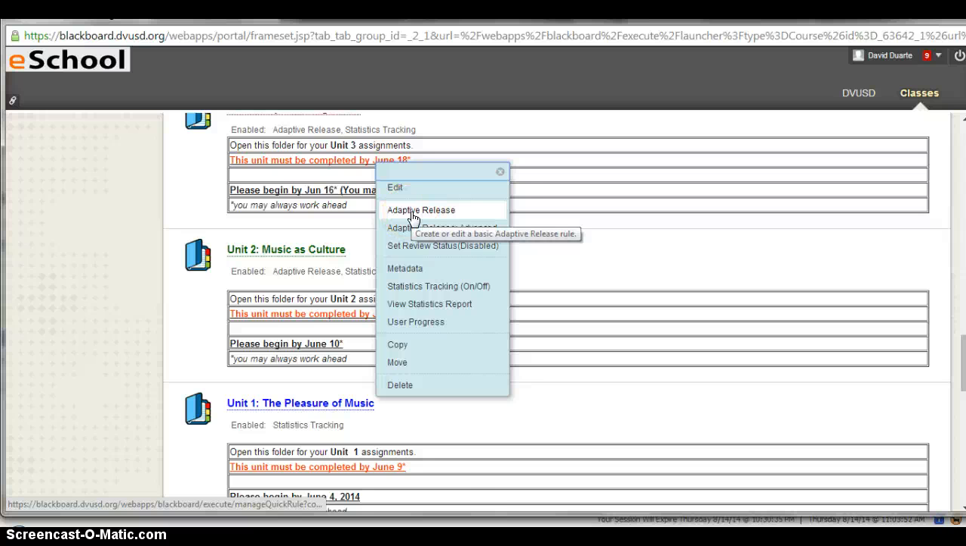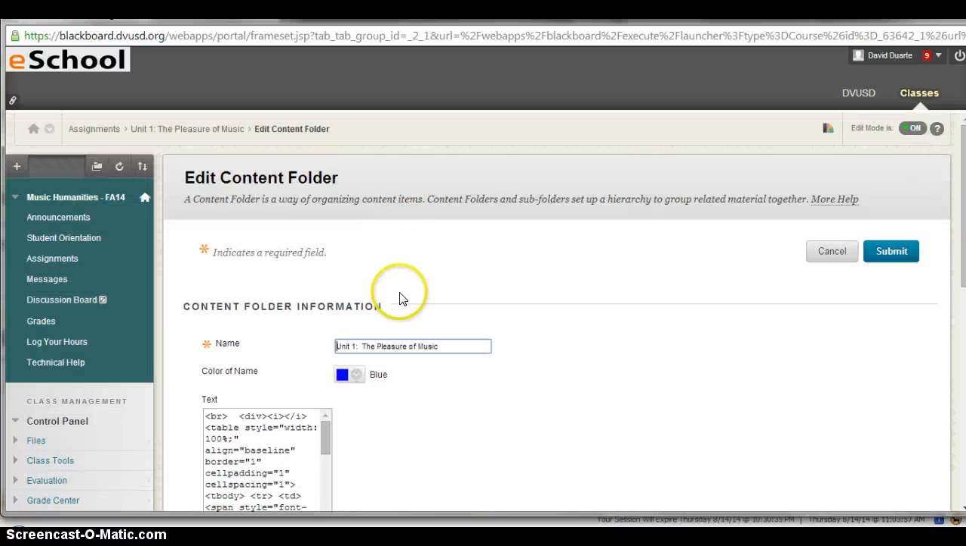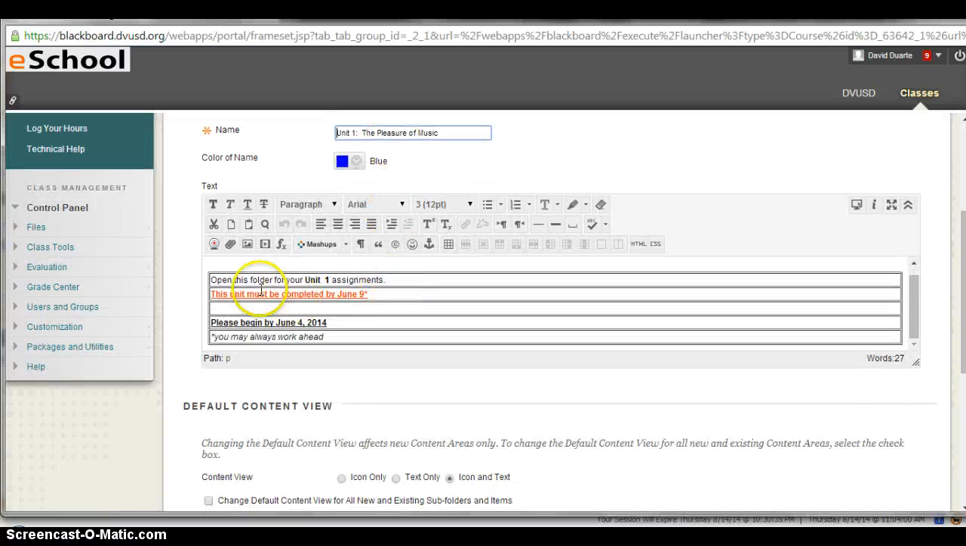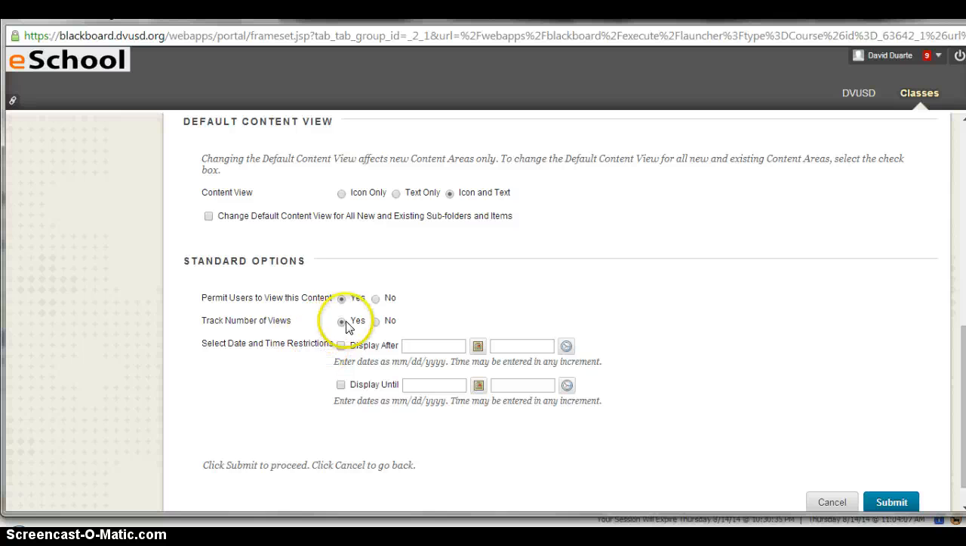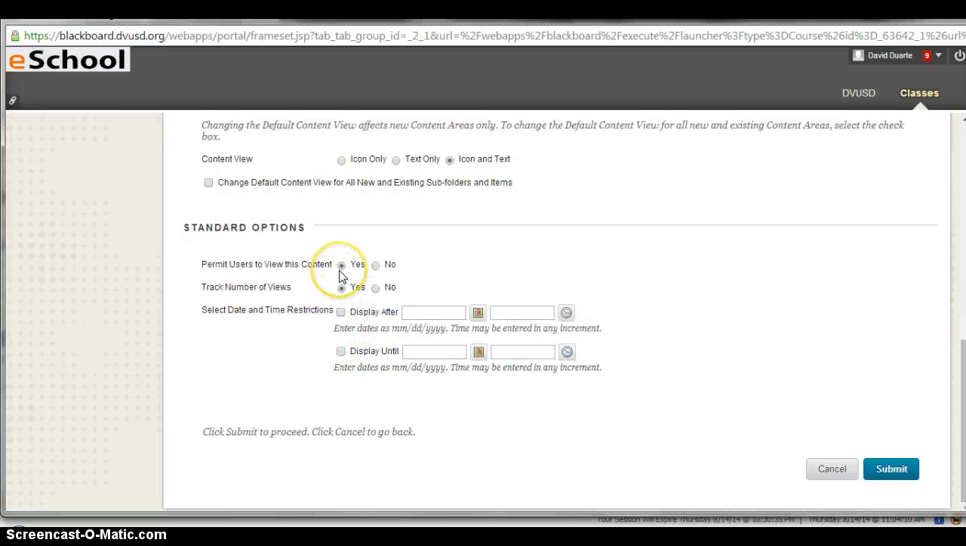And it's going to come up with all these things: edit, adaptive release. If I click edit, it's going to basically let me edit the unit. Here's the little text that I created inside here. I wanted to include icons and text. I want to track the number of viewers, permit viewers to see this. I can also display it at a time. When I first started using Blackboard, I used to have my units appear by date. I learned that was really hard to control because students get behind, students start late, just all the number of things. Rather than doing it by date, I started using what